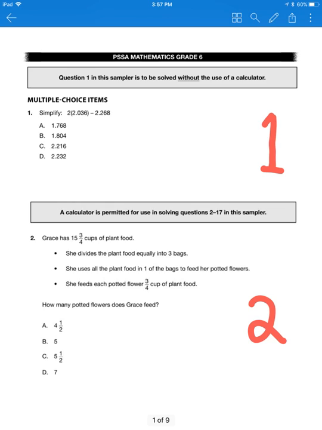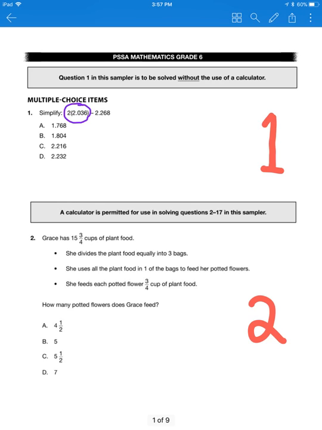So, first one, it says this is a no calculator problem, and it says simplify. So when it says simplify, we just have to solve. Now when we look at this, you have to remember PEMDAS. Please excuse my dear Aunt Sally. So we need to multiply before we subtract. So I'm going to start by multiplying, and I'm going to do 2 times